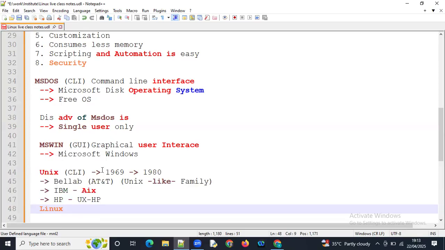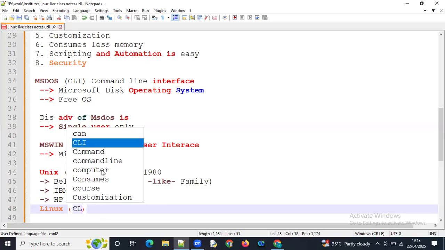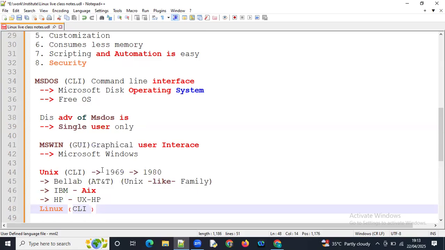But this Linux has both CLI and GUI, both command line interface and GUI. This is one of the best advantages of this Linux operating system, CLI and GUI.